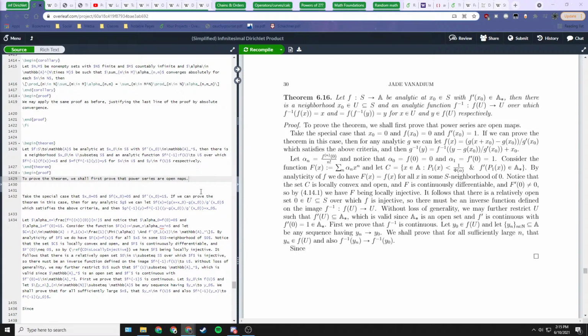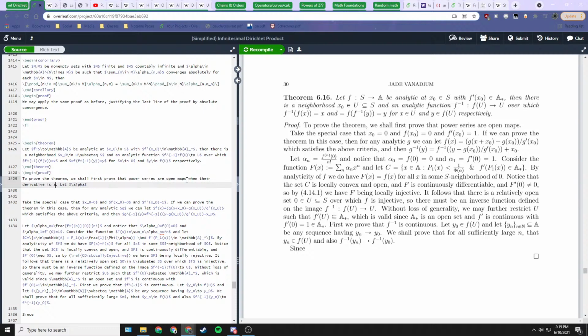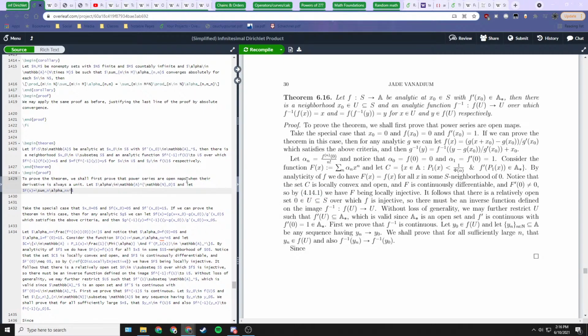In order to prove the theorem, we're going to prove that power series are open maps. So we'll say power series are open maps when their derivative is always a unit. So we'll say, let alpha be in A and 0, and let F of x be equal to the summation over n of alpha sub n times x to the power n. Then we'll say, to prove that